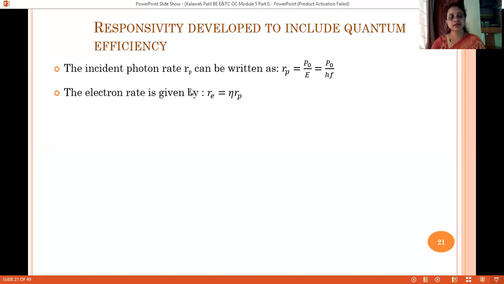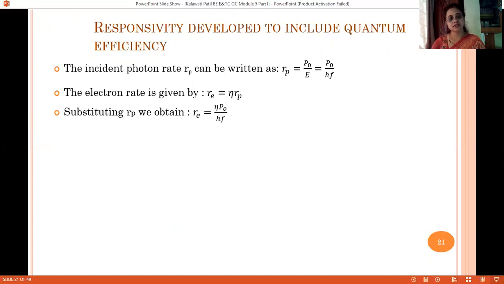Now the electron rate I can rearrange from the expression for quantum efficiency and write as eta into Rp. Substituting the expression for the photon rate, I get the new expression for the electron rate as eta into P naught upon hf.